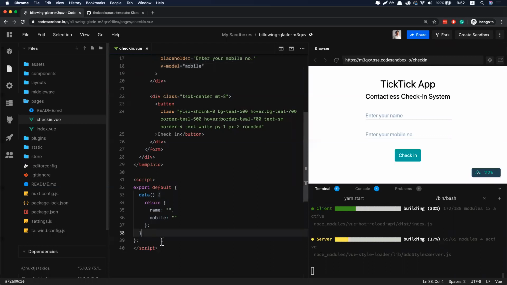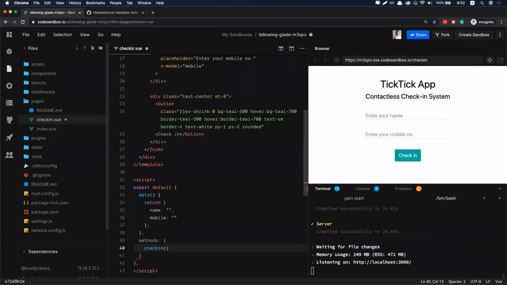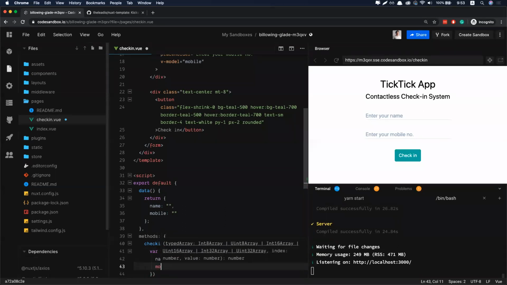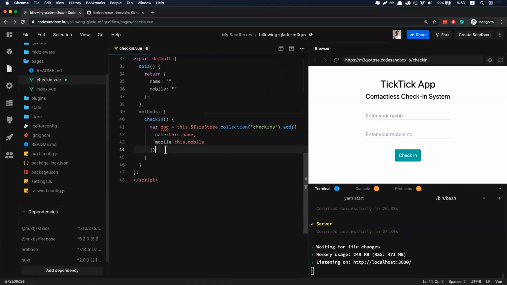And the next thing I'm going to do is write some methods. The job of this method is to write the values of the text boxes into the Firebase Firestore database. So I can say there's this method called checkIn. And when I call checkIn, I want to be able to add a document to Firestore. So firestore.collection checkins.add. And then once I have done this, then function and alert check in successfully. this.name equals to